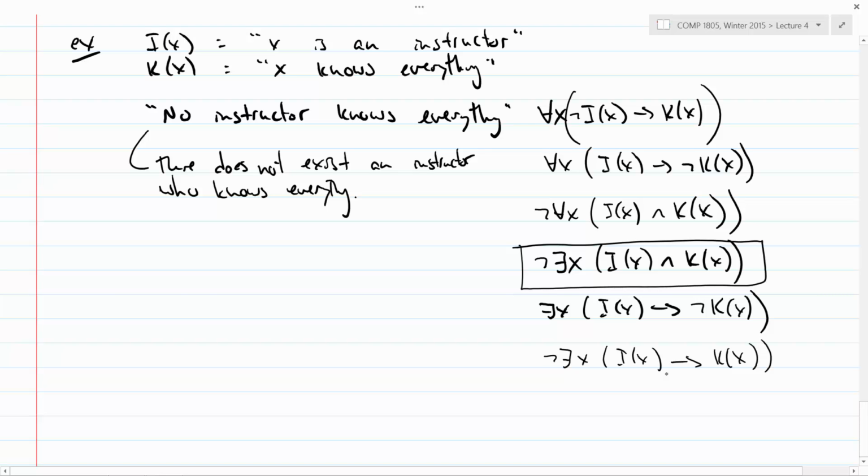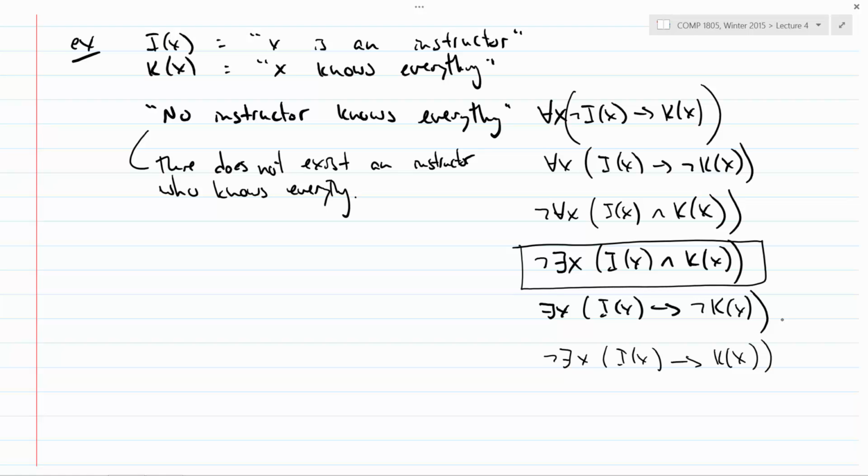I mean, really, you don't want an implication here for the same reason you don't want an implication in the previous example. Well, the other thing is this one, what it's saying is there exists one instructor who does not know everything. Right, so the issue is this one here: there exists a person such that if they're an instructor, then they don't know everything. So notice that if there's at least one person who's not an instructor, then it's automatically true anyway. That's what I would think is the more serious issue, although that is correct too.